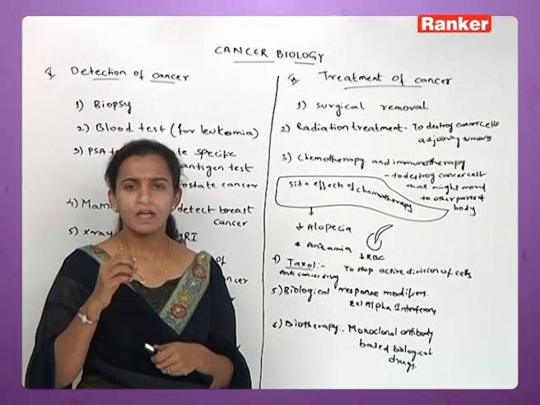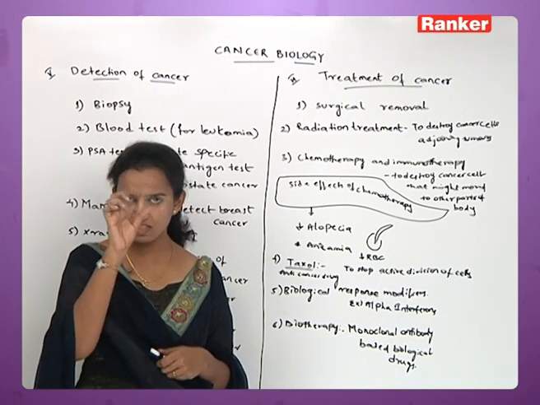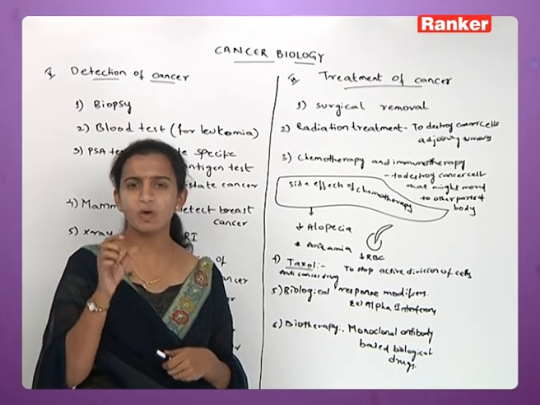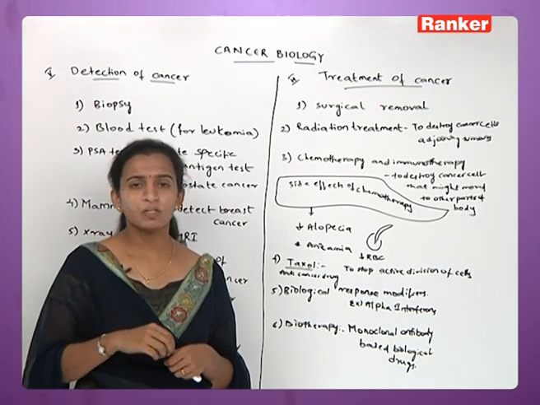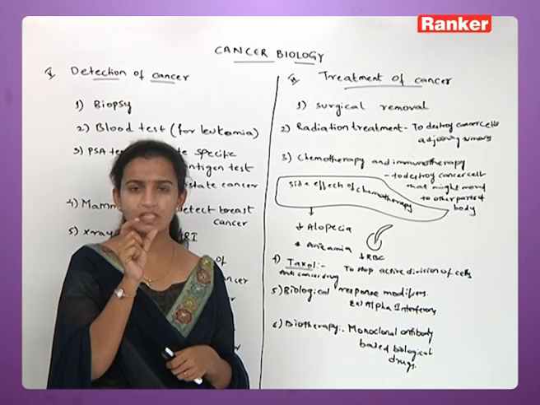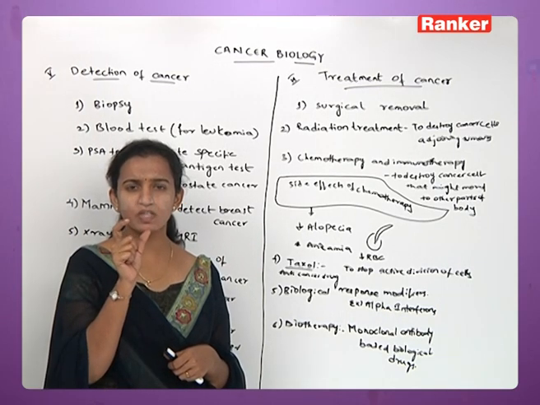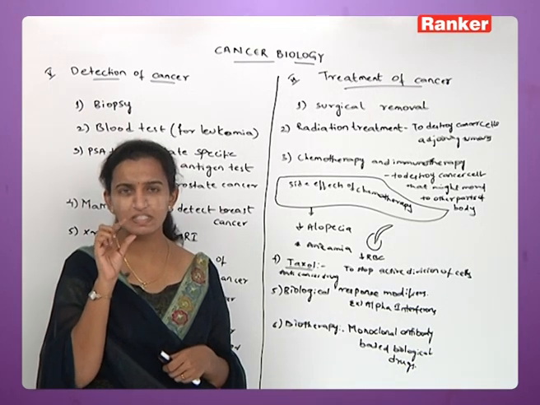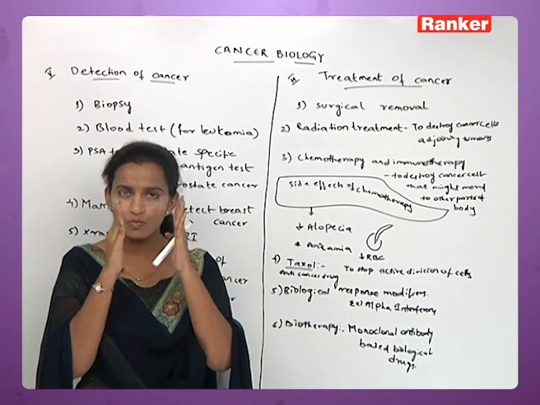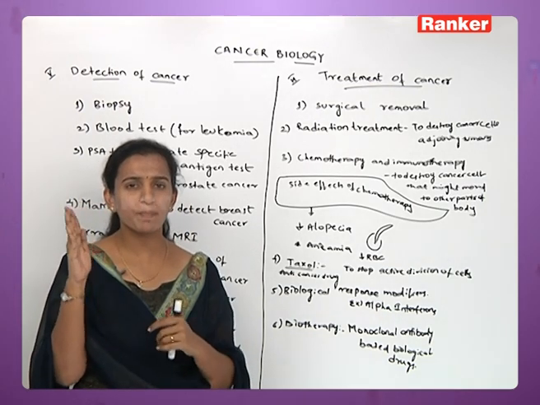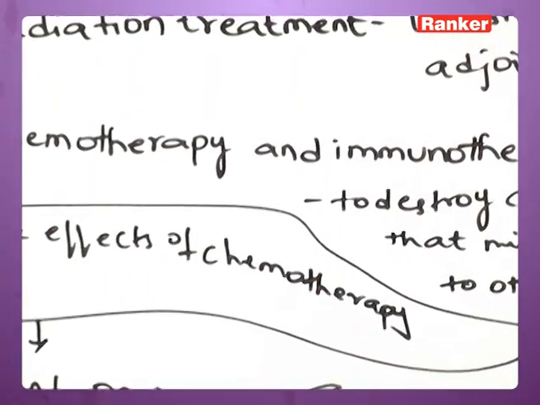that might have moved to other parts of the body. See, for example, you have seen the large and small intestine, and they are connected in tube form. So if one part of the small intestine or large intestine is suffering with cancer, there is a chance that the cancer moves to the rest of that long tube also. So there you can see this chemotherapy works properly.